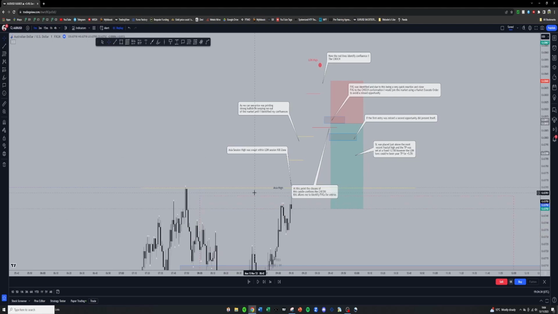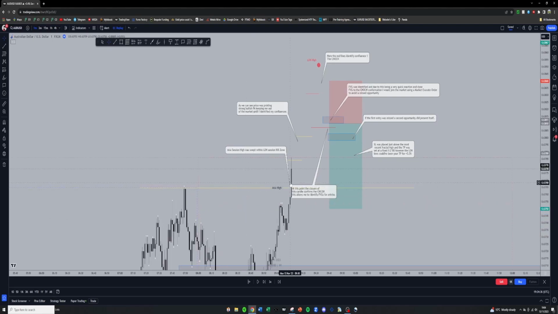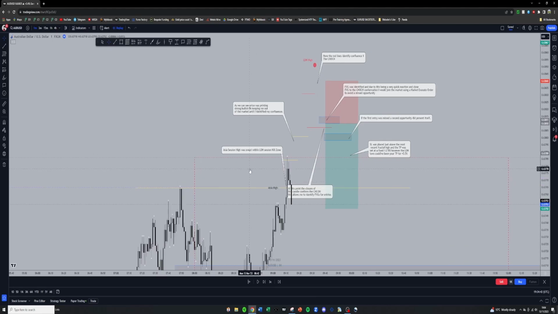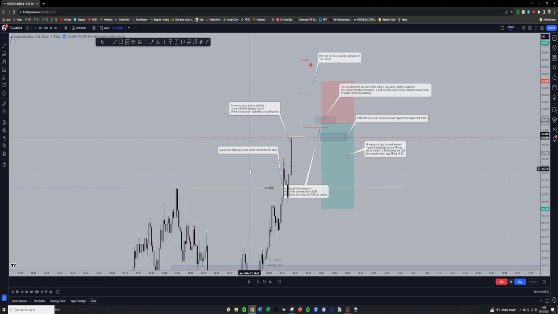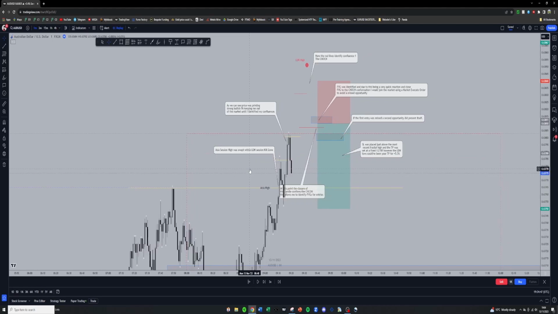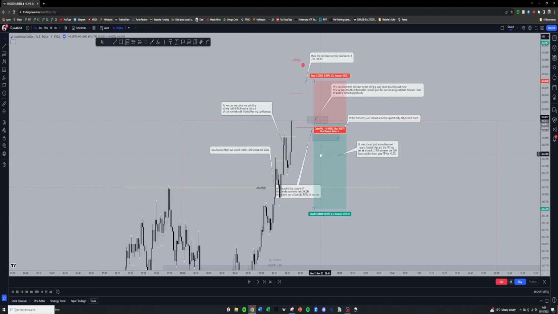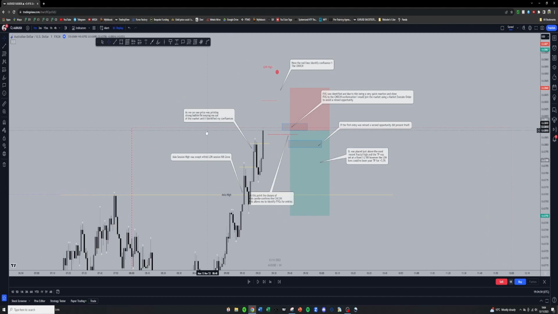So I'll play it forward. So we get the sweep of the Asian high at 11 minutes past 9. So that's a sweep, and we keep going. So what we'll be looking for now would be a change of character, but as you can see from what I've put, price was printing strong bullish price action, keeping me out of the market until I identified the confluences I want to see. So as you can see, we've got break of structure followed by a new high created, pullback,